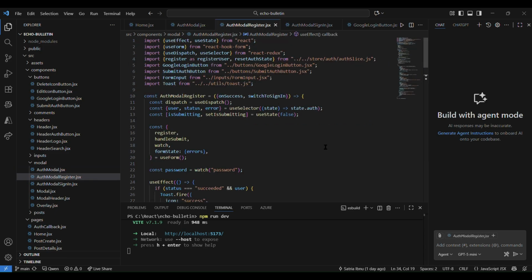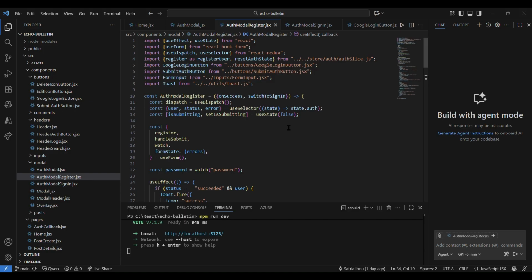The last part, we have a class component. It's called auth modal register. This component is to handle the process of the account registration, and the main modal, the first modal, is the auth modal. It will validate the form, send data to the Redux to be stored, and will display the notification to the result. First we have the imports,